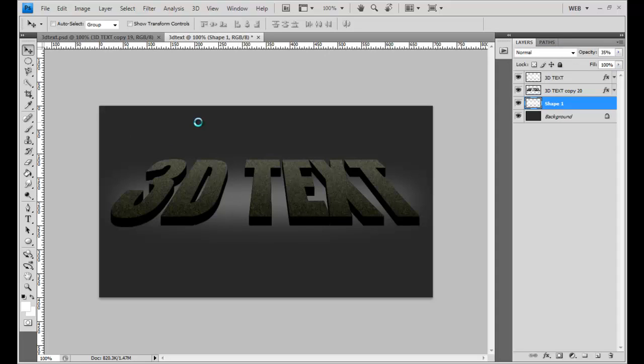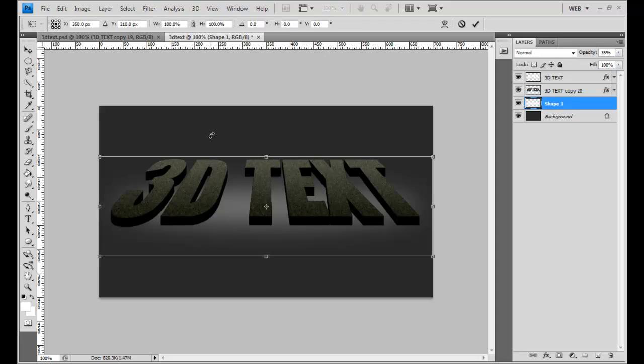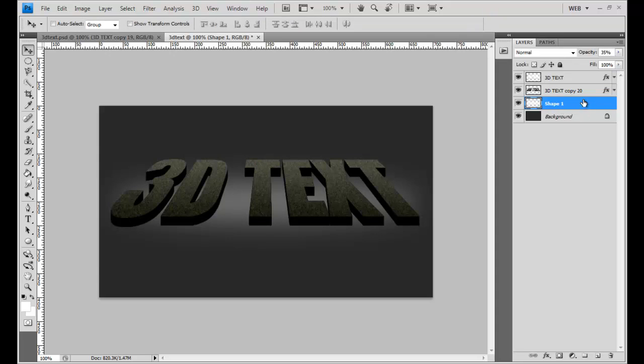I'm going to hit my down arrow to move this white underneath the text just a little bit more. Actually, I'm going to grab Control T and I'm going to lift this up slightly to make it a little larger. Commit to that. Then I'm going to go to my copy of my 3D text layer, double click on